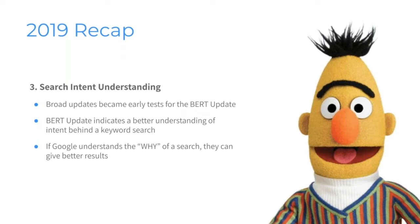And we understand that if you're looking for something, even if you're not phrasing it correctly, that we understand that intent is actually that you're looking for X or whatever it might be. So that's really key. And like it notes on the slide here, we saw this with the early updates